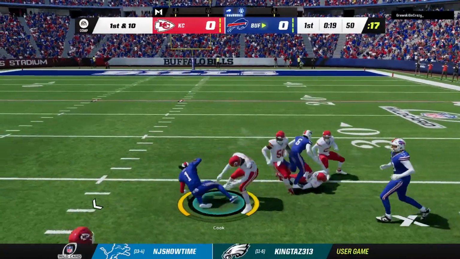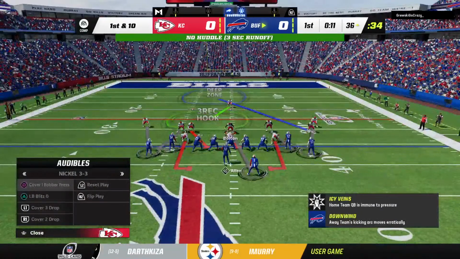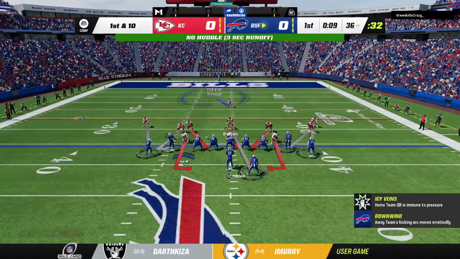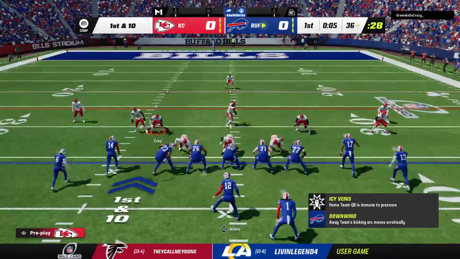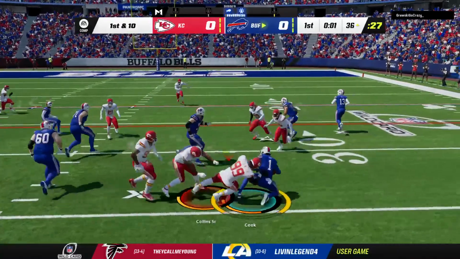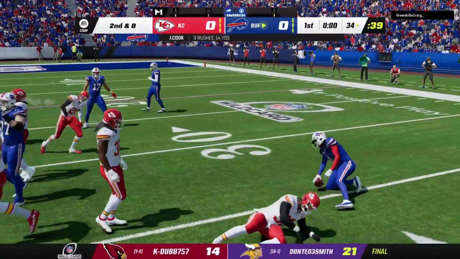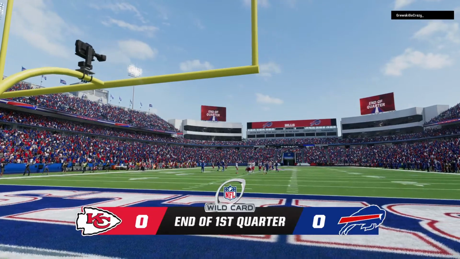Oh, he's got some breathing room. And great blocking downfield as he's got this almost to the 35-yard line. They run again on 1st down. Cook. And he'll get it inside the 35. We're scoreless after